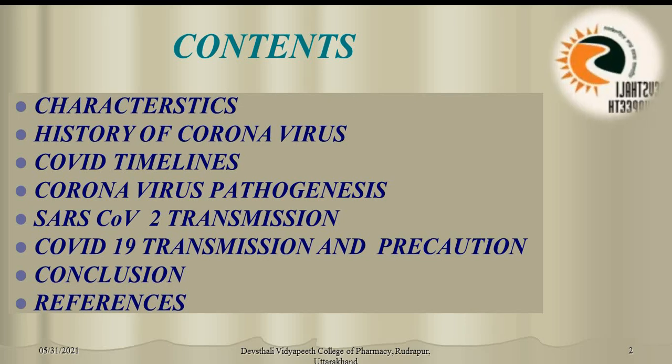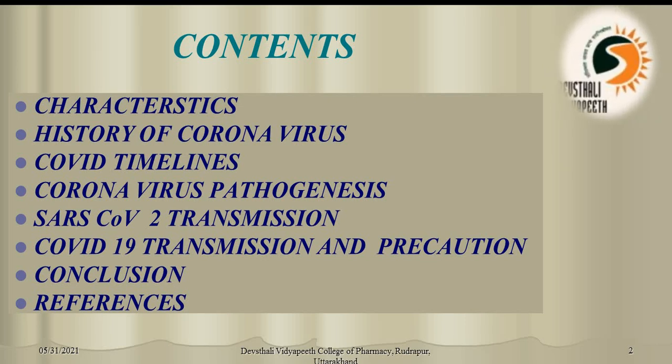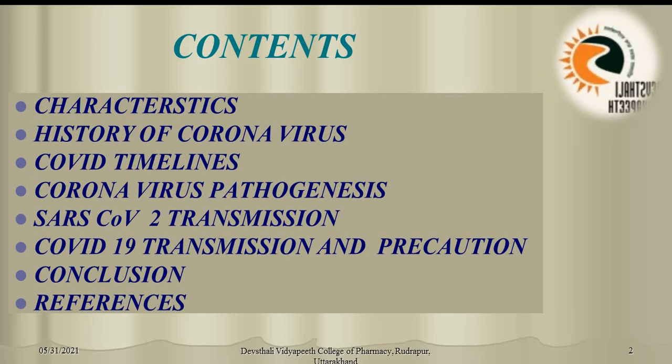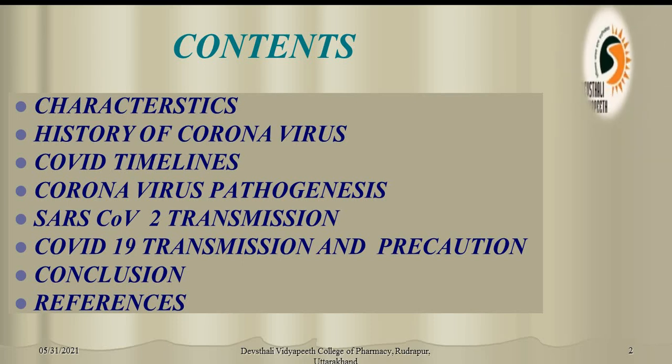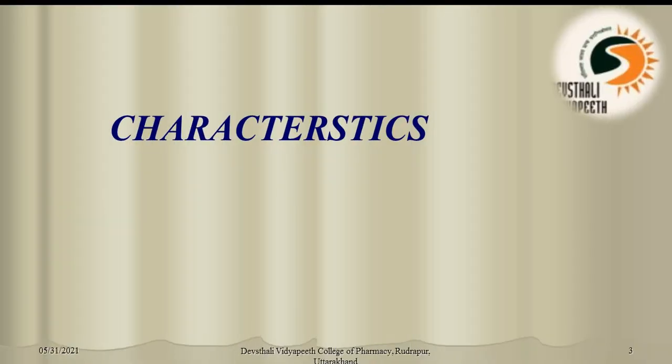So these are the contents. First we will talk about the characteristics, history of coronaviruses, COVID timelines, coronavirus pathogenesis, SARS-CoV-2 transmission, COVID-19 transmission and precautions, conclusion, and finally the references. So looking into the characteristics,